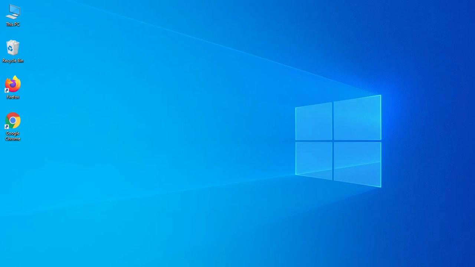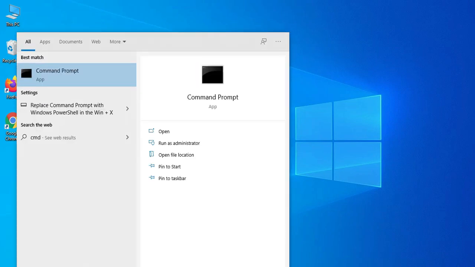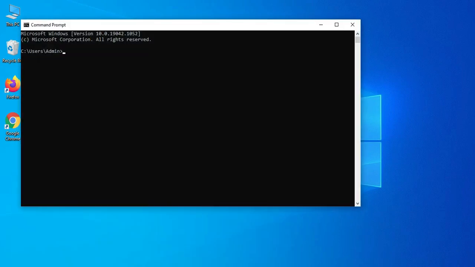In today's video, I'm going to show you how to install Java JDK on a Windows 10 machine. So let's begin. First of all, you can open command prompt to check whether Java is installed or not. Just type cmd over here, and now you can type javac and press enter. You can see it is showing me javac is not recognized as an internal or external command. Probably it means Java is not installed on your machine.